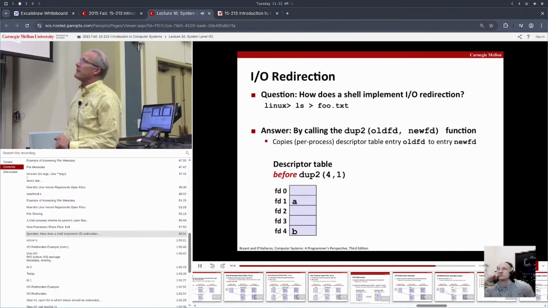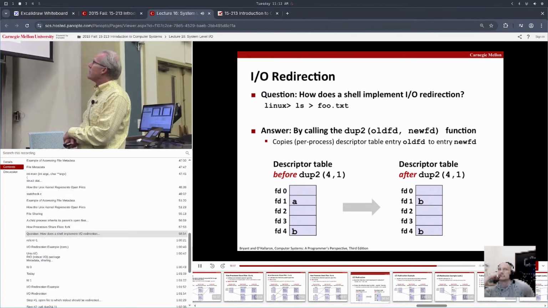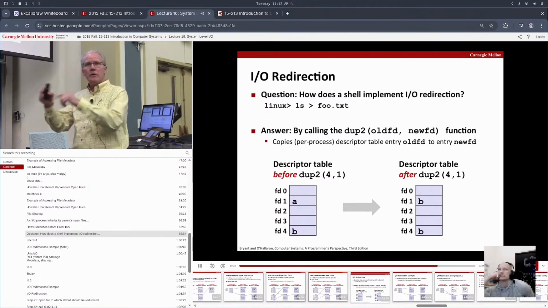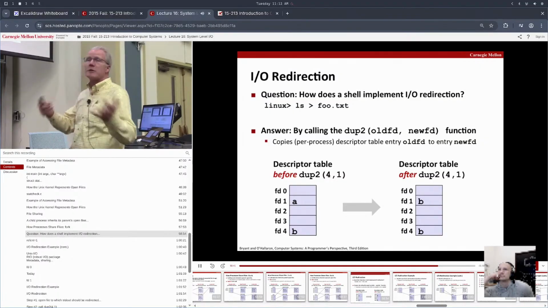There are other fun things that make life interesting, too, and contribute to the exam problem possibilities. One is a call called dup2. The purpose of dup2 is to duplicate an entry in the descriptor table. The most common use of that is I/O redirection, the greater than or less than sign, to read from a file instead of from standard input, or to write to a file instead of writing to standard output. The way the operating system actually implements that is shortly after starting the program, it will call dup2